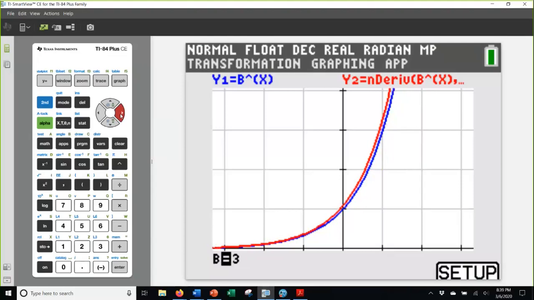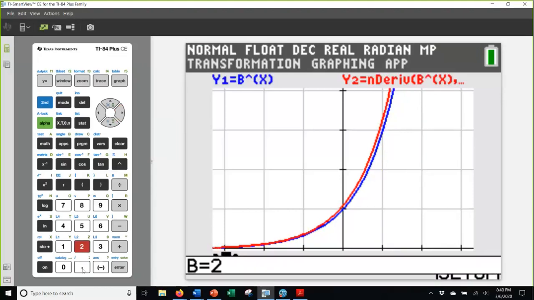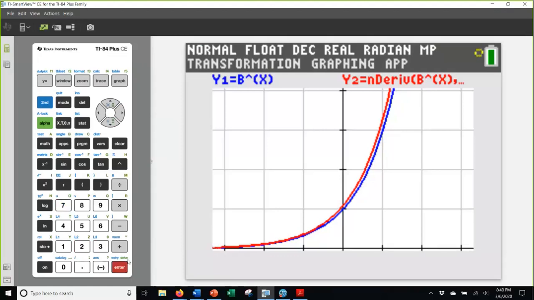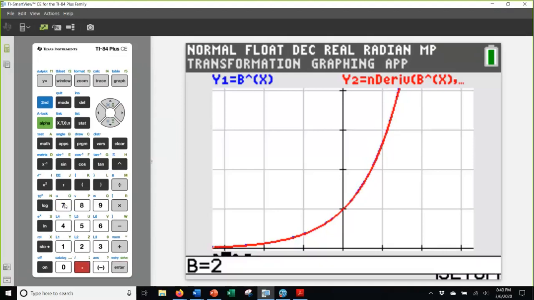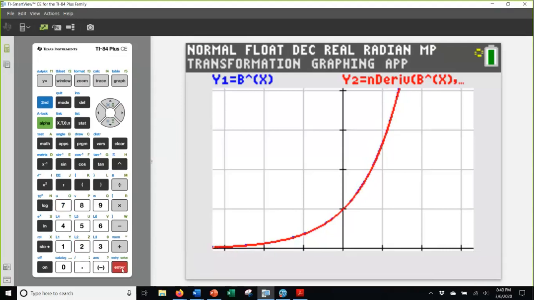Now, of course, when you use 2.7, and you can, by the way, in transformation graphing, just type a value. If you type 2.7, it's going to go mostly on it, but e has more digits of accuracy. It is closest to 2.718. We'll call it 2.72. And you can see it's really quite on top of it.